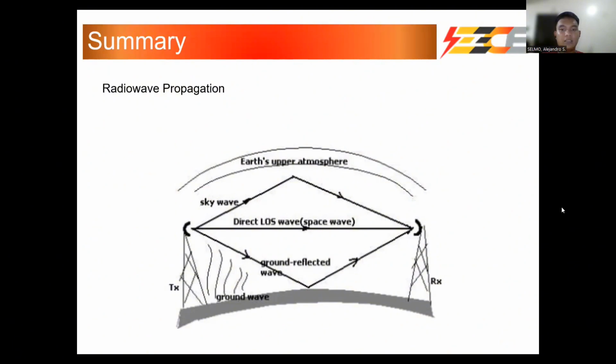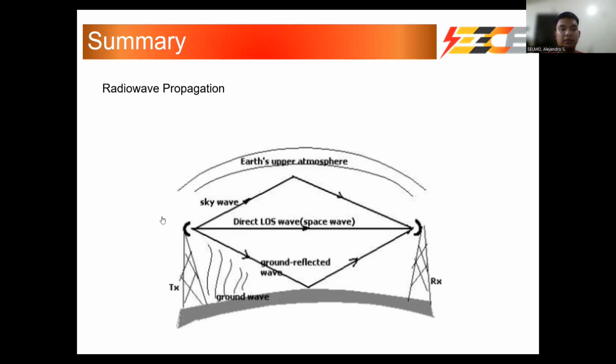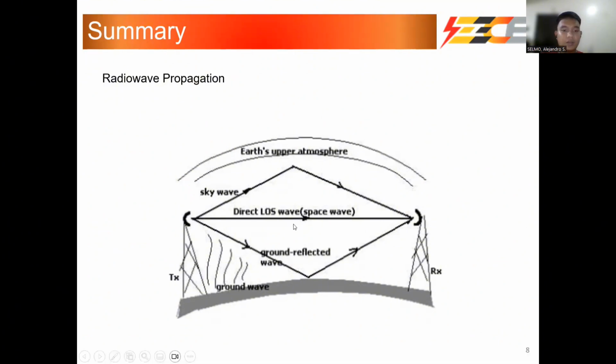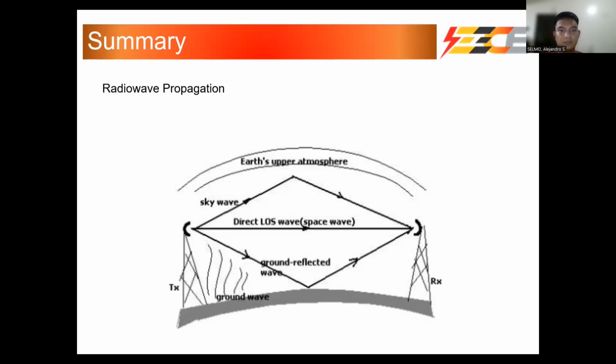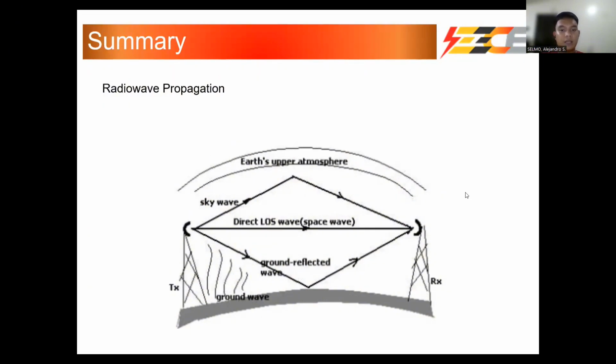you can see in this image that radio waves can propagate from transmitter to receiver in four ways: ground waves, sky waves, free space waves, and open field waves. Here we can see there are four types of radio wave propagation. Based on this image, you can see that these four types are ground waves, sky waves, free space waves,